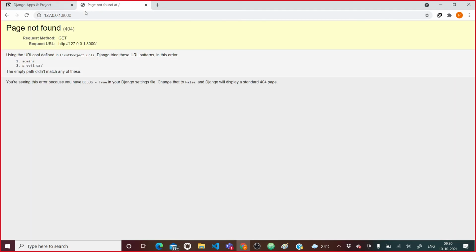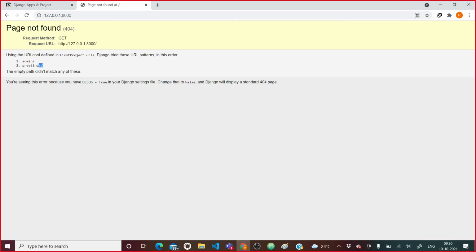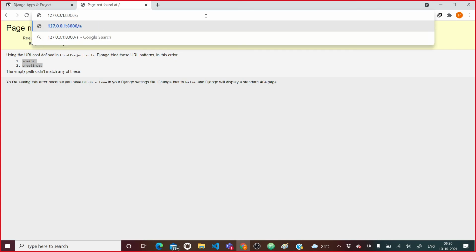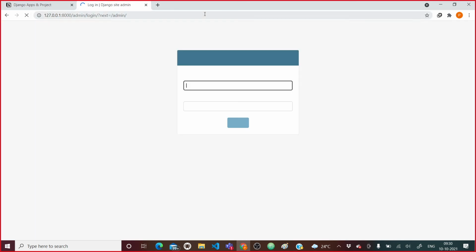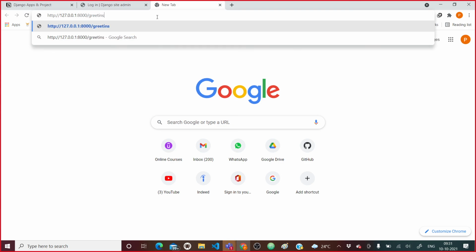Right now it's saying that you haven't configured anything, and there are only two URLs as of now. First is admin, which was given by default by Django for our convenience. So let me come here and access our greetings.